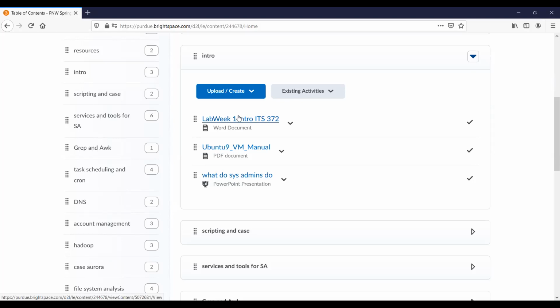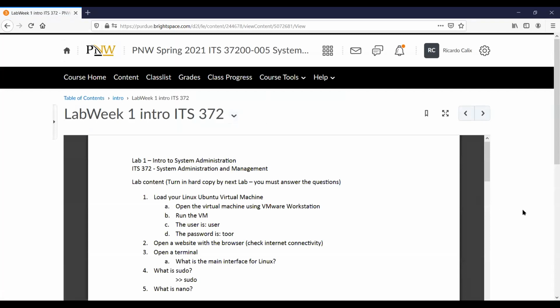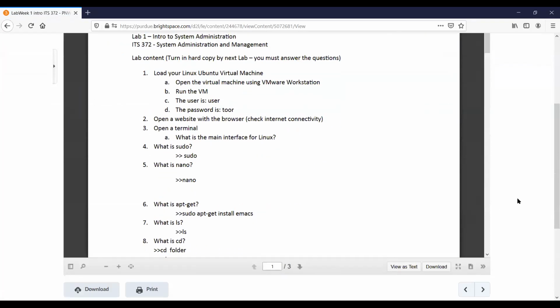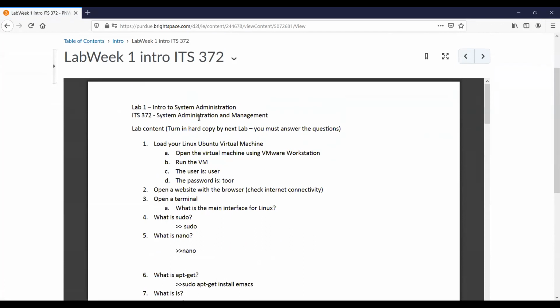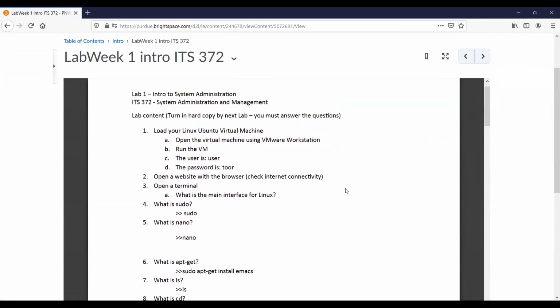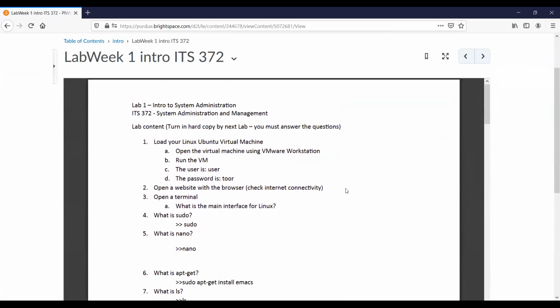But let's start with the lab. I'm just going to click on that page, and you can see it here. Usually I just create these Word documents, and you must answer the questions. What I'm always looking for in a lab is evidence that you have done the task. That means I need to see screenshots. You start up your VM, your Linux machine, and then you type some commands,